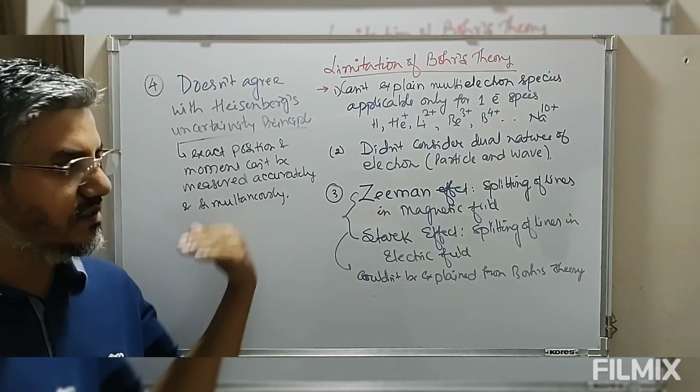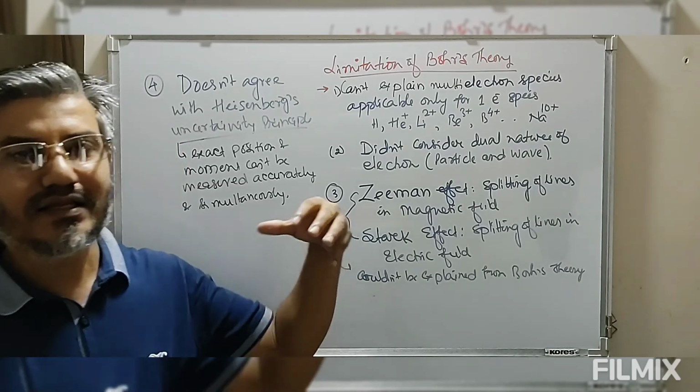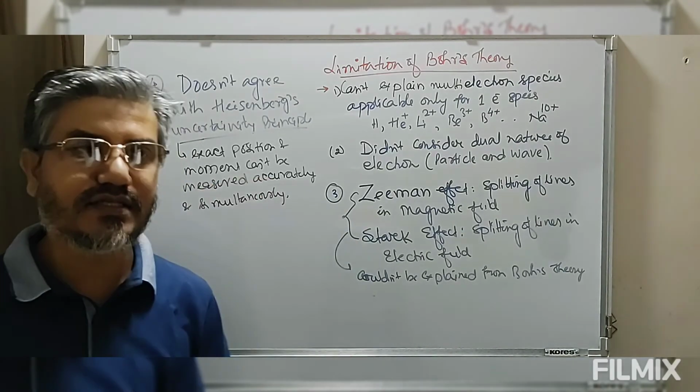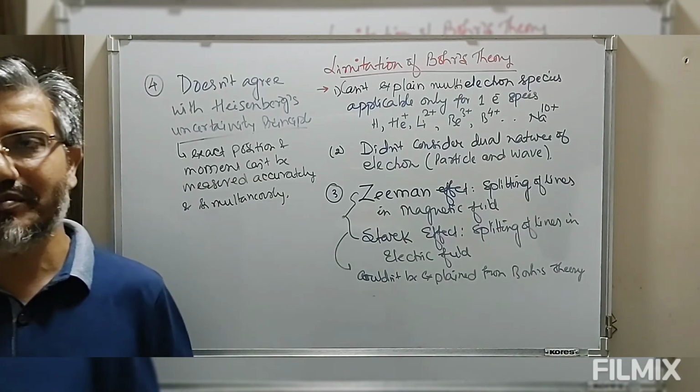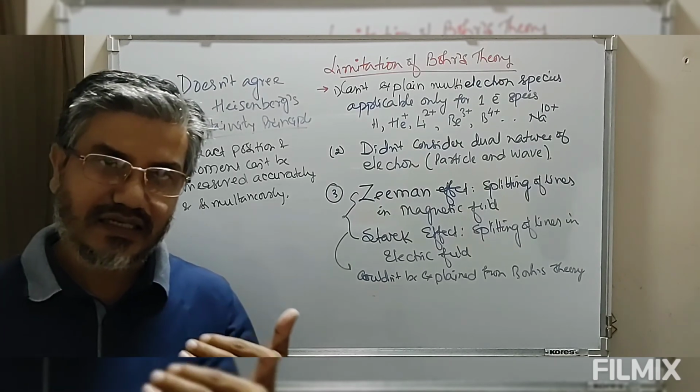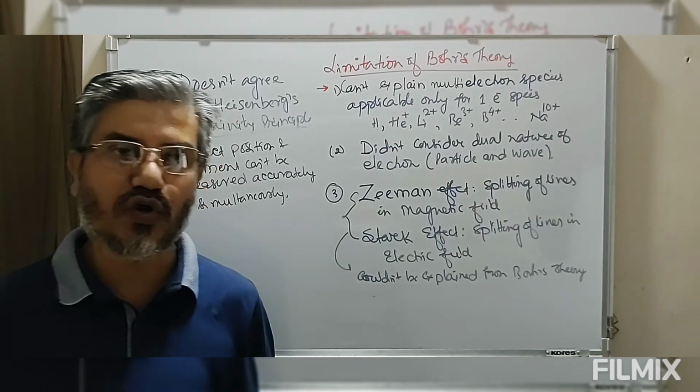So this is basically the theoretical portion of Bohr's theory. Bohr's theory is the theory which first defined the atomic structure based on the quantized energy level, meaning energy is not a continuous process, but a discontinuous process in the form of small packets.